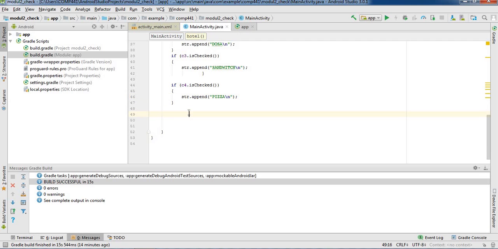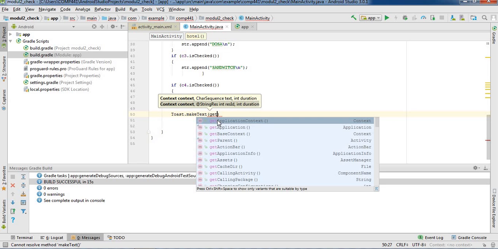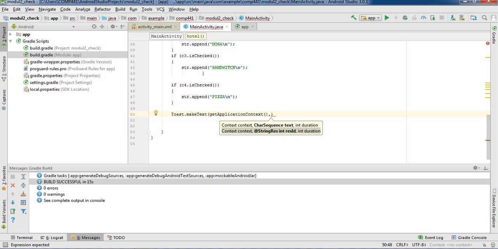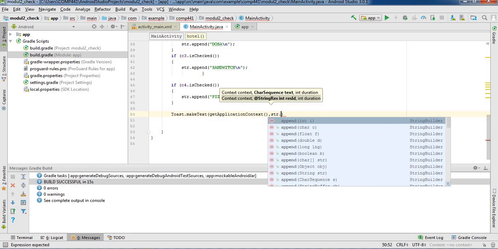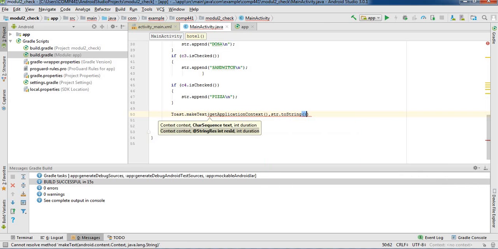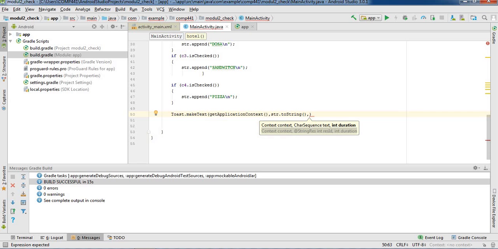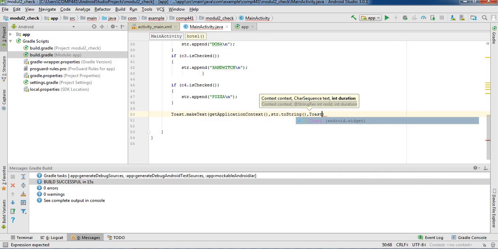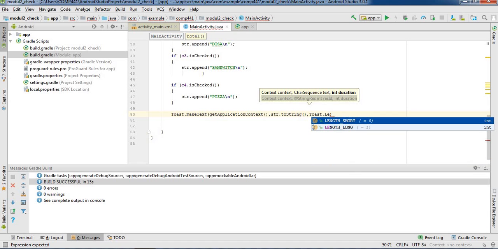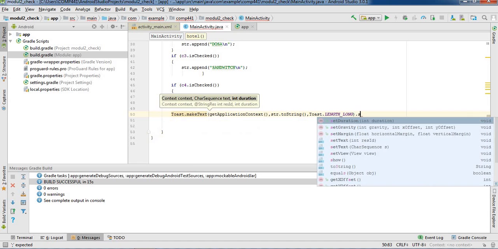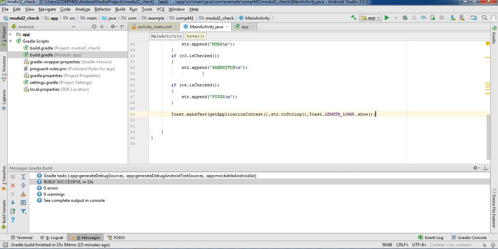Okay, अब हमें सिर्फ क्या क्या करना है, at last हमें toast message प्रिंट करना है। Toast dot makeText, 3 पैरामीटर। पहला पैरामीटर getApplicationContext, दूसरा पैरामीटर that str. So str को प्रिंट करने के लिए हम उसको बोलेंगे कि जो भी str में है उसको स्ट्रिंग में convert करो। So str dot toString, वो अपने आप स्ट्रिंग में convert हो जाएगा। And हमारा last पैरामीटर Toast dot LENGTH_SHORT, LONG रखेंगे because बड़ा text है वो, and show. Okay, it is a simple one.